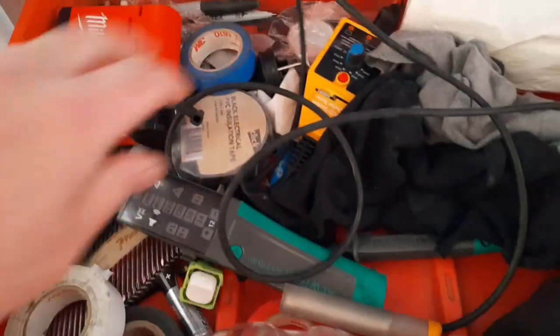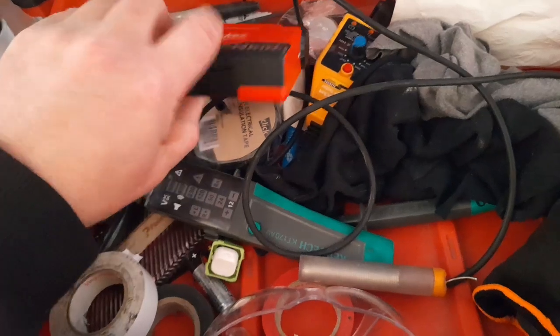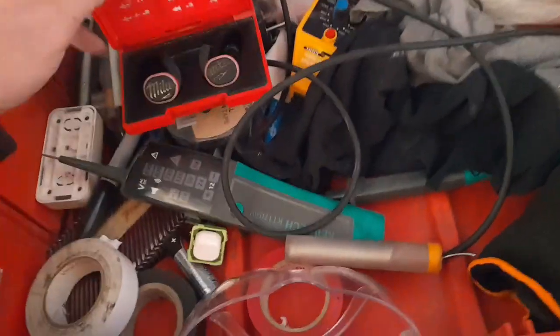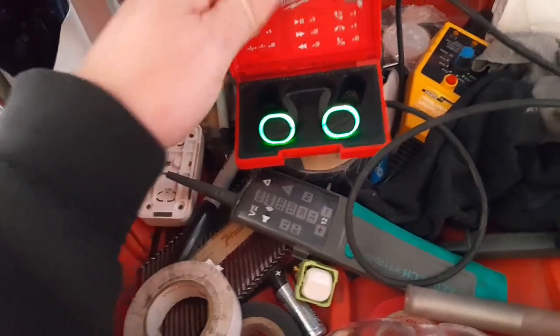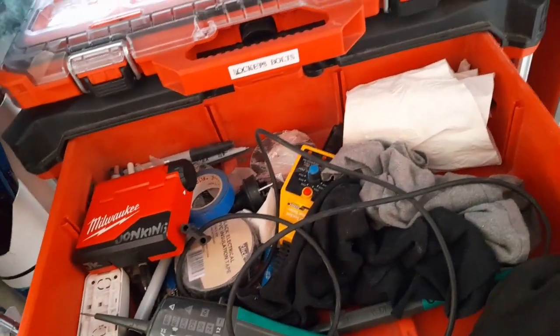So another RCD tripper, prong tester. That's my headphones, and they actually share the battery with my head torch, so it's the same battery as the head torch. I better turn that off because it's going to connect to my Bluetooth and screw the video up. Yeah, so gloves and